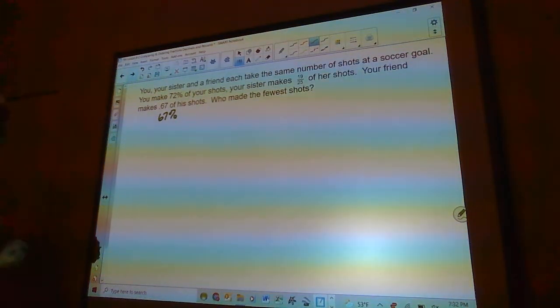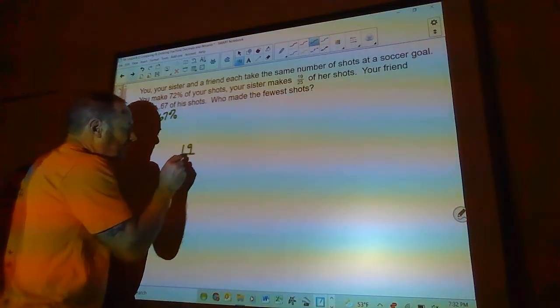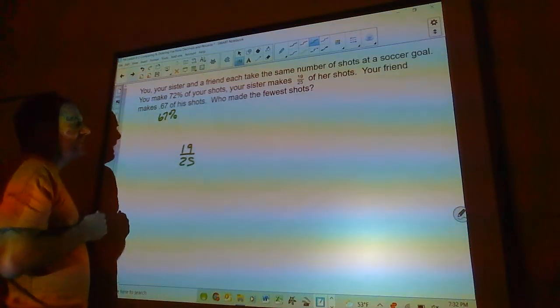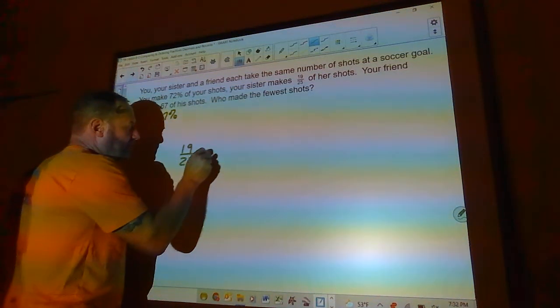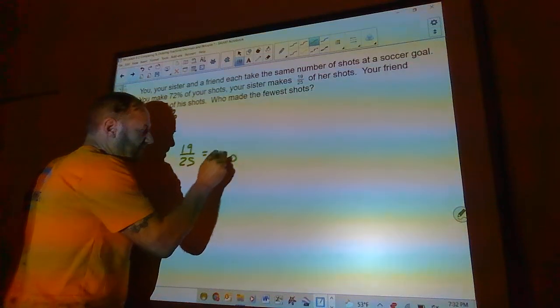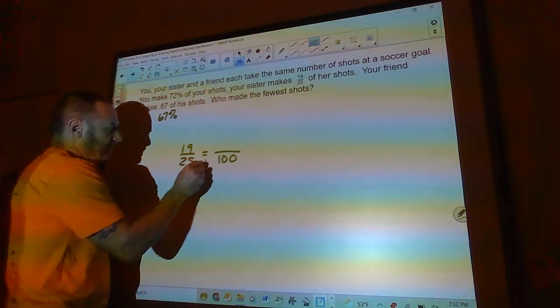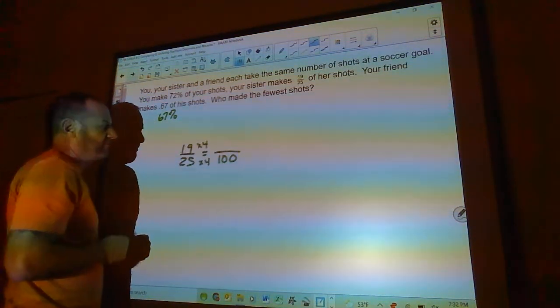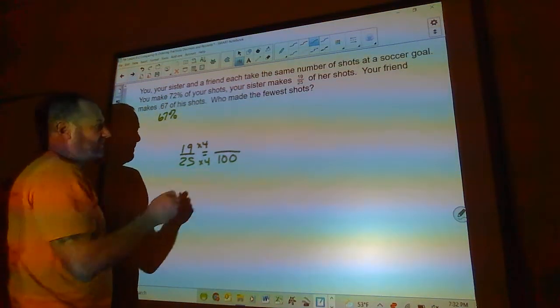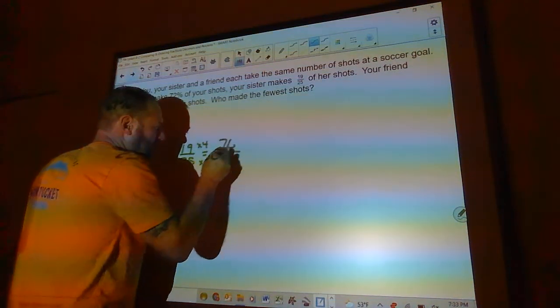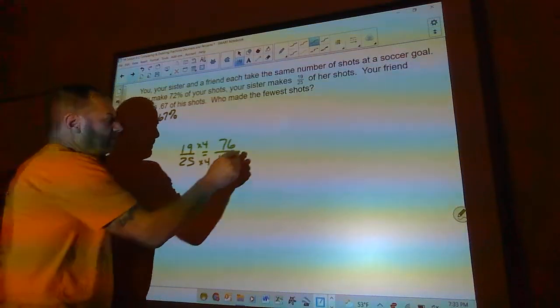So we've got to figure out 19/25. How much of that is it as a percent? If I make this out of 100, this is an easy one to make out of 100. I'd multiply this by 4, so I'd multiply this by 4. And that's going to be 76, 76/100,